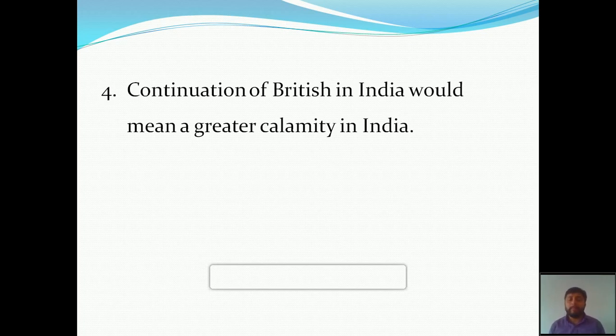Already the people had been charged with the feeling of freedom from the British, and again if Congress went on denying the different plans of the British, the leaders of the Congress understood that it would create a lot of calamities in India. So that's why the fourth point says that because of this number of problems going on in India, the Congress party was forced to accept the Mountbatten plan.